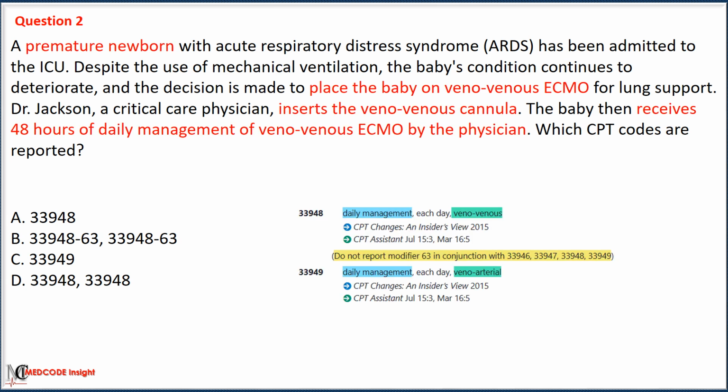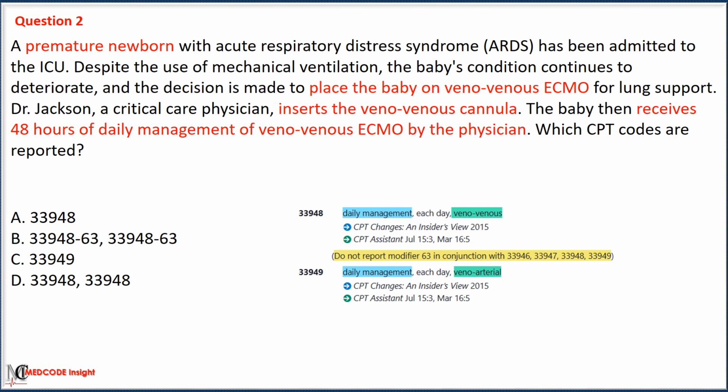In the ECMO procedure, there are two types of telemanagement codes. Code 33948 is used for telemanagement of venovenous ECMO, and code 33949 is used for venoarterial ECMO. In this scenario, the baby received telemanagement of venovenous ECMO by the physician.